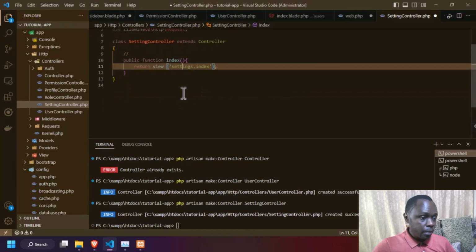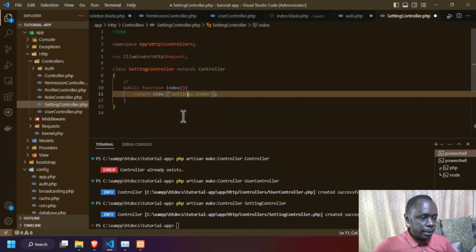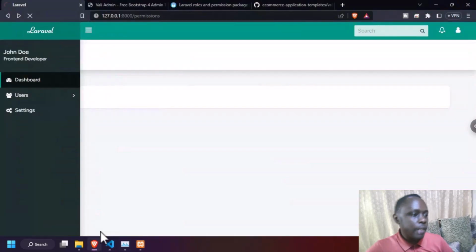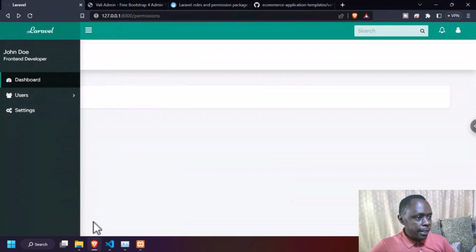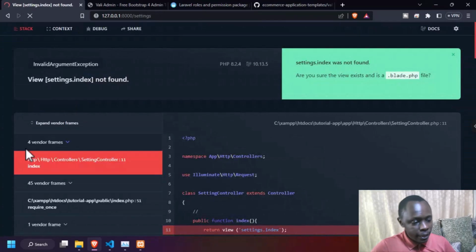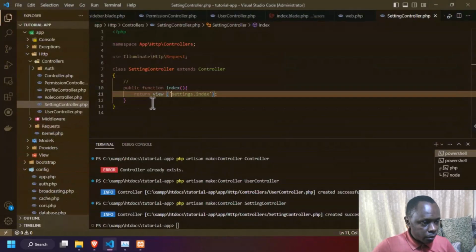You see, right now, there is the vibe. That vibe just comes in. There is a flow. What I'm trying to say is there is a flow. When you hit on that settings, it is going to take us to that, and then it's going to tell us there is no settings controller like that. So what you're going to do is have that view,